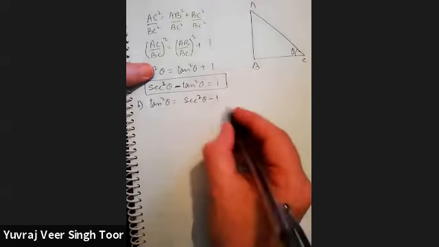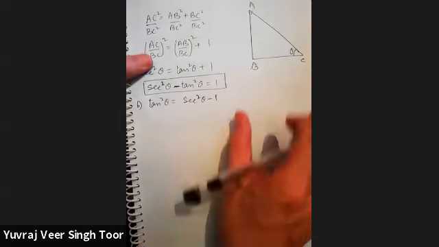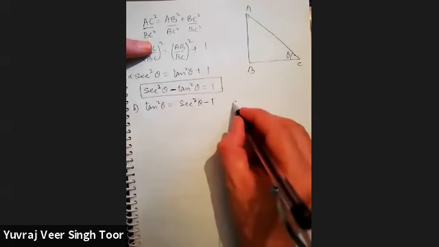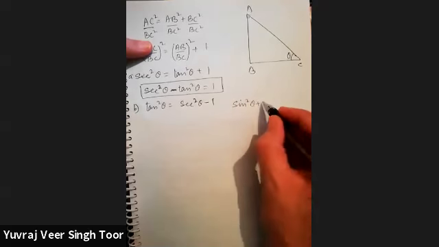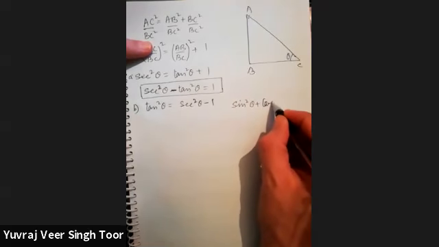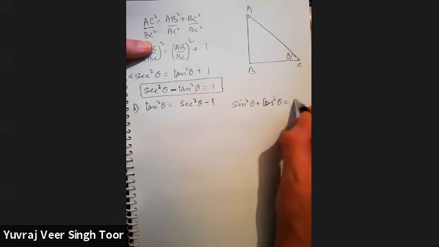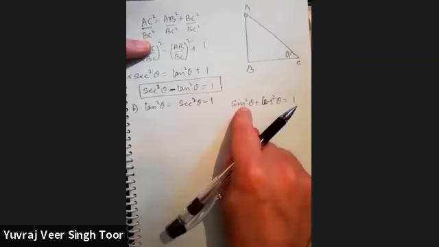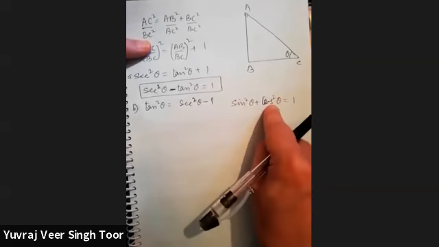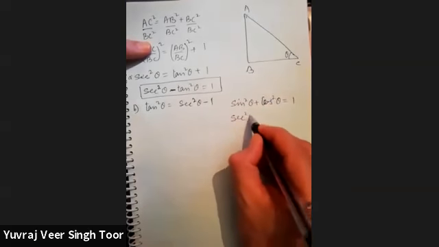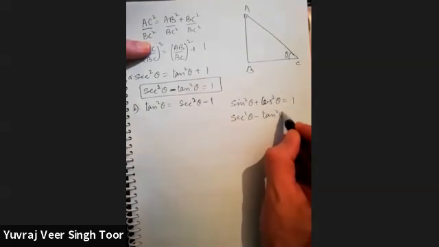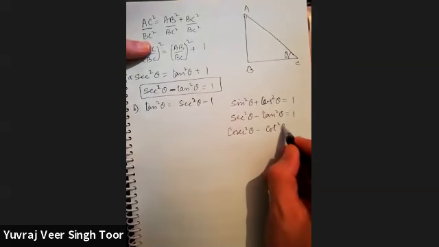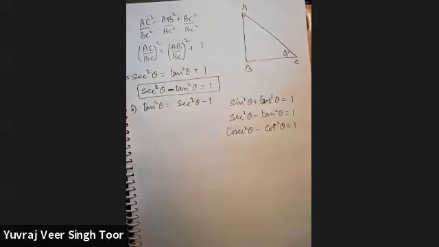So I'll conclude by writing the main 3 identities which you should keep in your mind in a sequence, and you have to remember that this identity is for the square of the sine. It is not sine theta plus cos theta is 1. No. Square of the ratio of this plus square of the ratio of this gives you 1. Then we have difference. Then 1. Cosec square theta minus cot square theta is 1. So if you remember these 3,